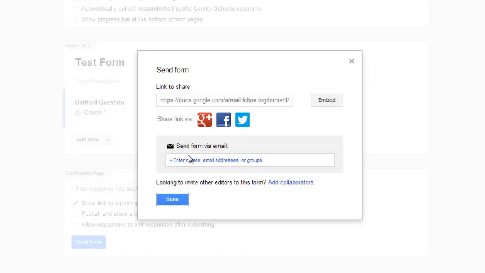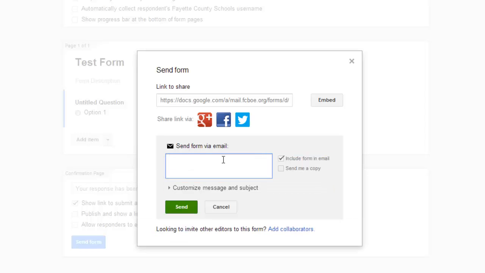When you send the form through email, the actual form will appear inside of the email that you send, so people can fill it out inside their email. The one thing I want to caution you against, however, is that if you go and change the form at a later date, so for example, if you get 3 or 4 responses and you find out that it's not populating the way you wanted to, so you need to change the questions, if you have the form included